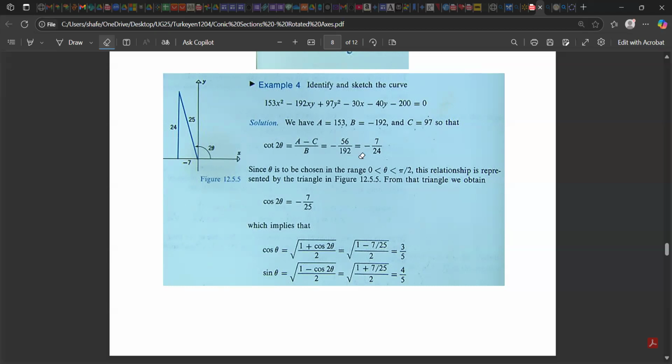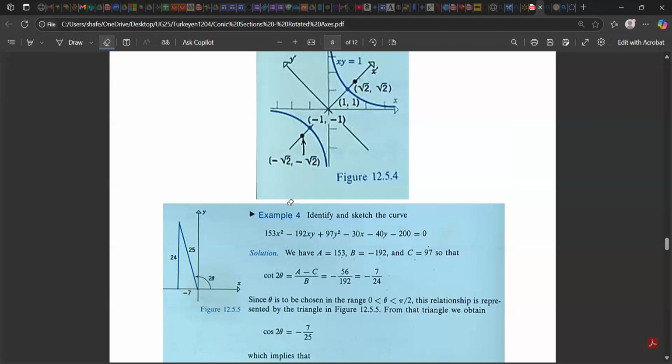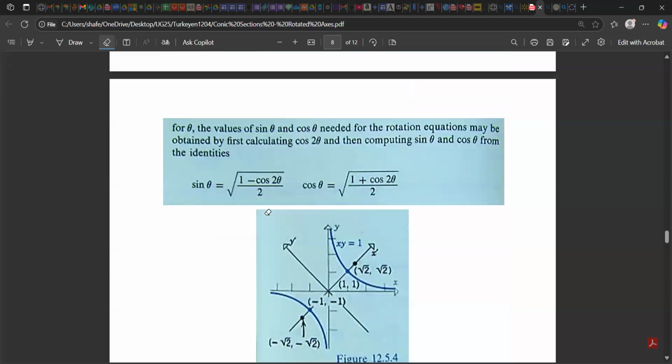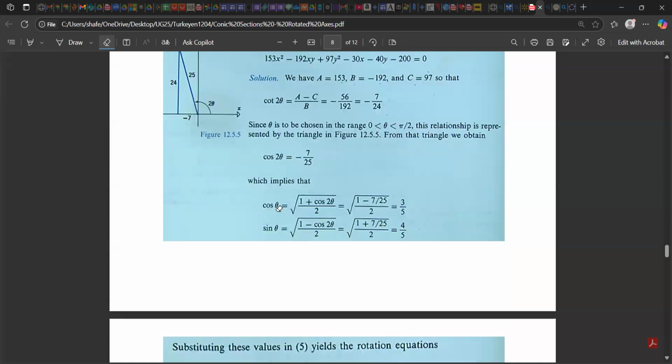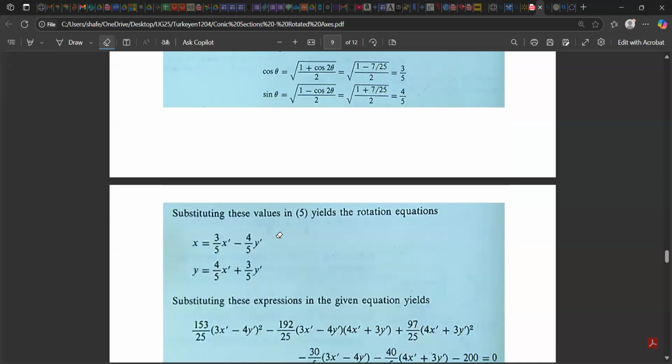So knowing cos 2 theta, you put it on a little right angle triangle here. Get cos 2 theta, and from that, you can get cos theta and sin theta using these two identities. That's what they're trying to do, fast track getting cos theta and sin theta, because you need it for your subsequent calculation. Knowing cos theta and sin theta now, you put it in